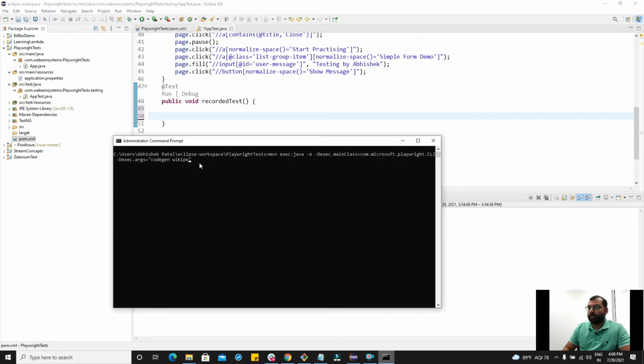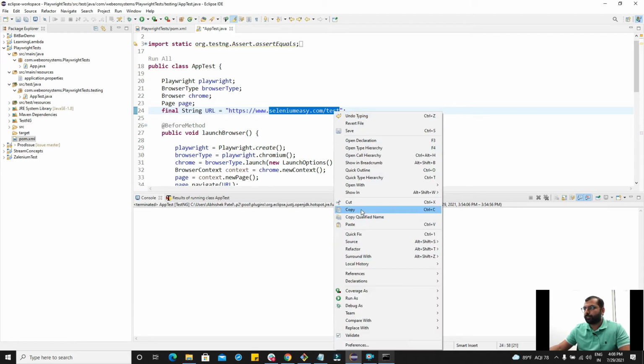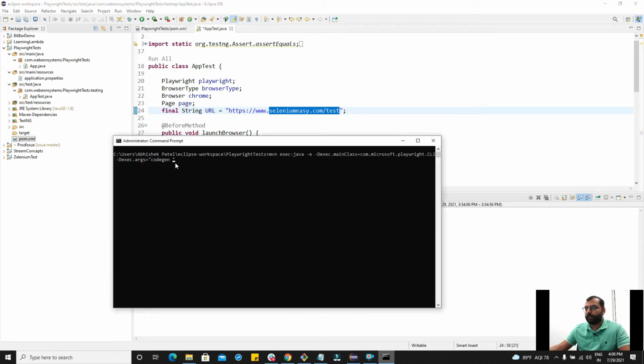So here I am going to update the URL to the test URL, which is this. I'm going to copy this and paste here. That's seleniumeasy.com/test. Okay, hit enter.